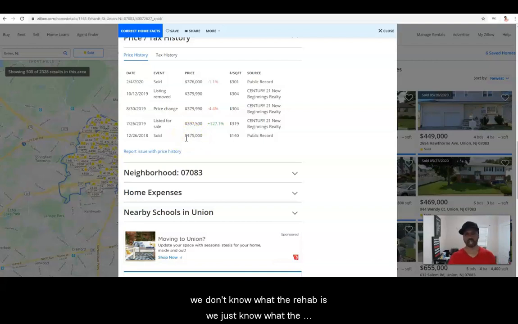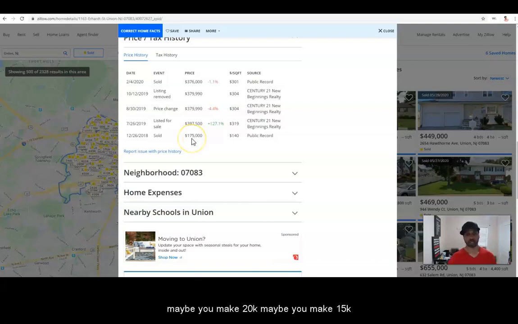Now, we don't know what the rehab is. We just know what the investors are paying, and that's really what we need to know. And if you get something that's really bad, the investors will let you know and say, you know what, it needs a lot of work. I'll give you this much. They may try to have you come down some. Maybe you don't make 25. Maybe you make 20. Maybe you make 15. But they're paying 175. But that's how you can make quick offers,